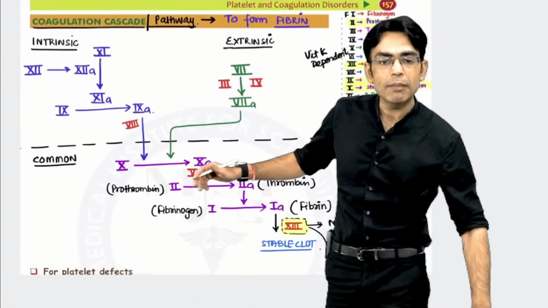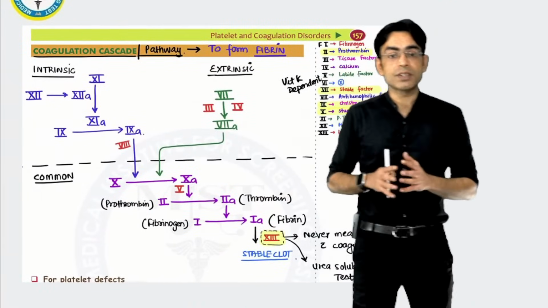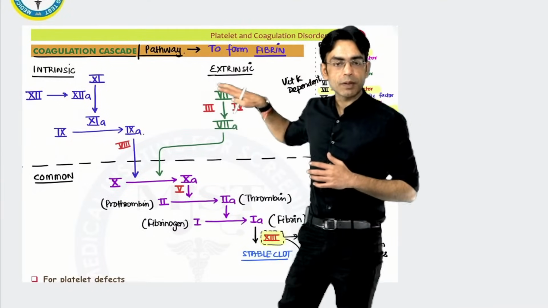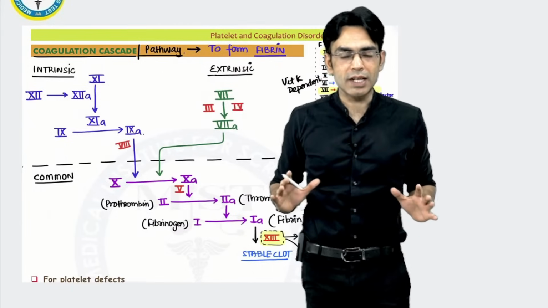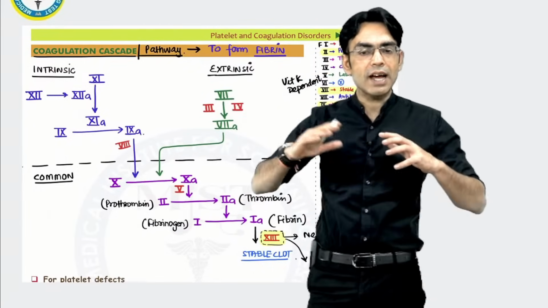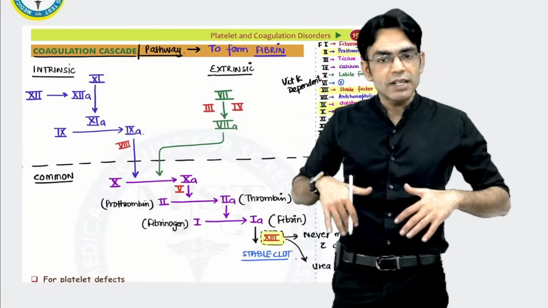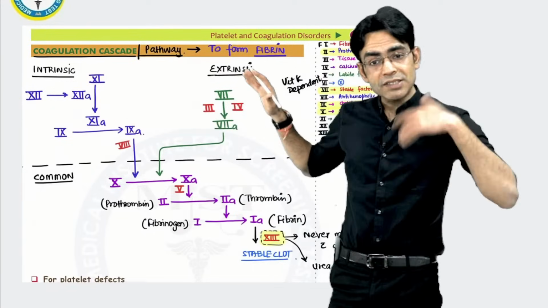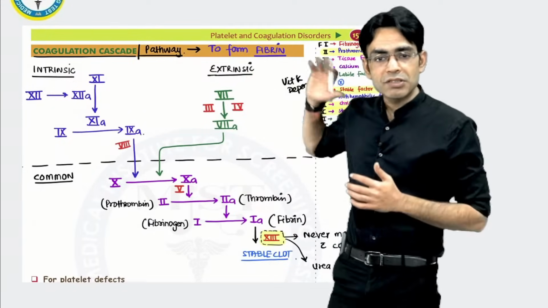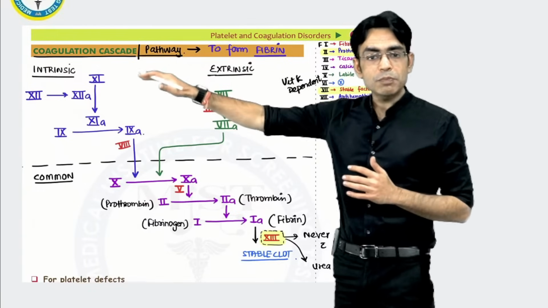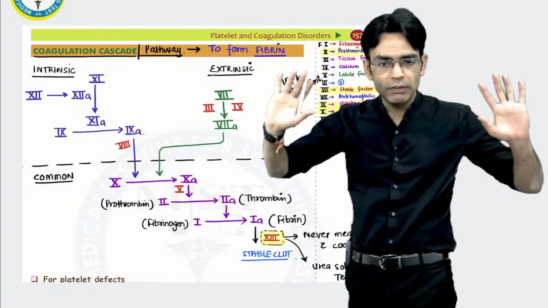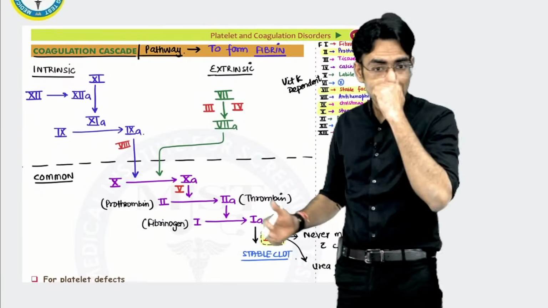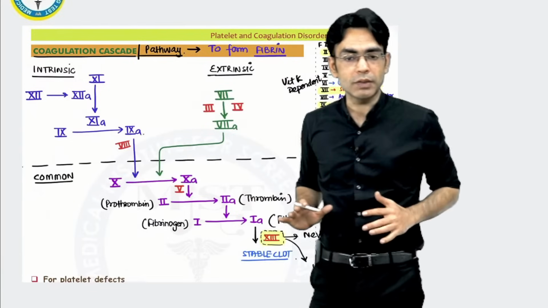देखो, whenever we are talking about coagulation factors, this is what we study in the class also, कि we have an intrinsic pathway and an extrinsic pathway. तो बेटा इसको ना याद करना बहुत आसान है. Intrinsic and extrinsic, they are occurring due to different kinds of injuries. If it's an internal injury to the vessel, the intrinsic pathway will try to make the fibrin for you and try to make a clot. If it's an external injury like surgery, burn, trauma, something, then the extrinsic pathway works. Both these pathways work individually. It's not that if you want a clot, you need to have both these pathways. नहीं, individually काम करते हैं, and they come on a common pathway.